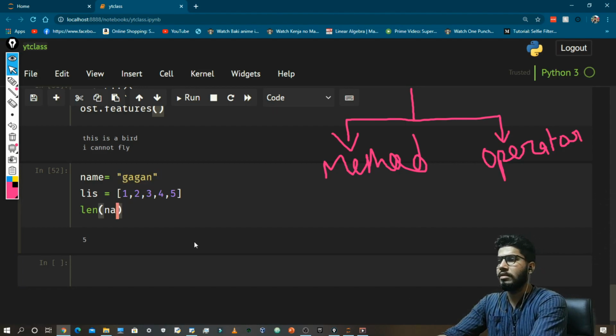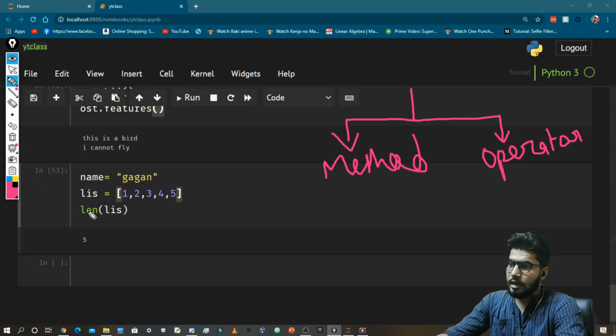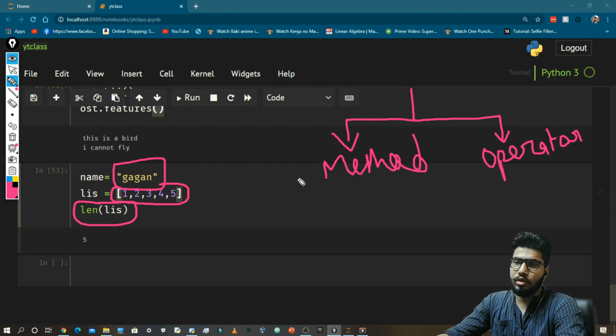Now if you pass the list, it is showing you 5 because there are 5 elements in this list. So this is method overloading, because in the same function you are providing two different kinds of data types, but it is still giving the correct values.